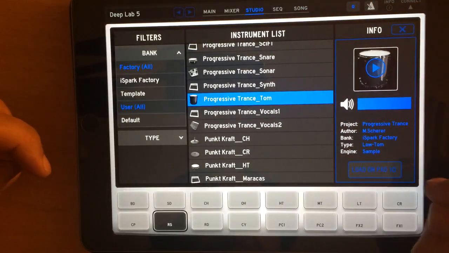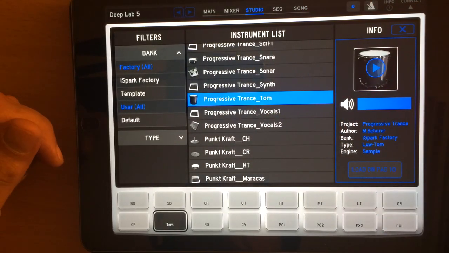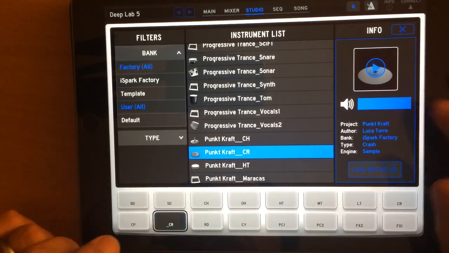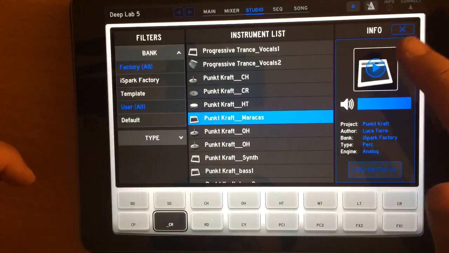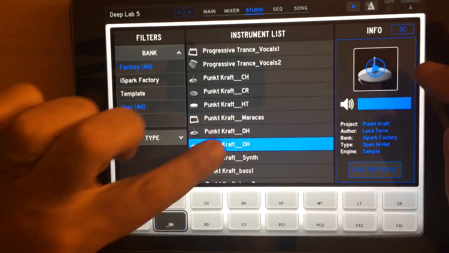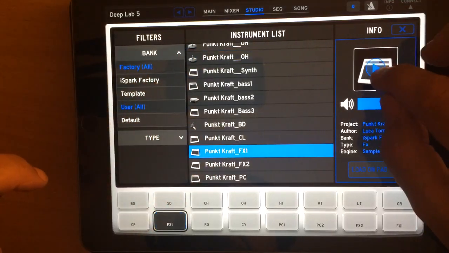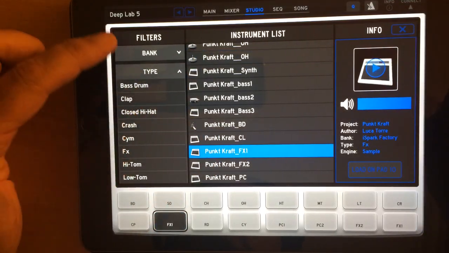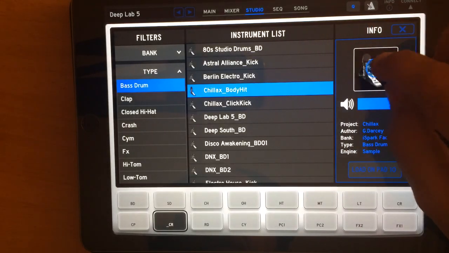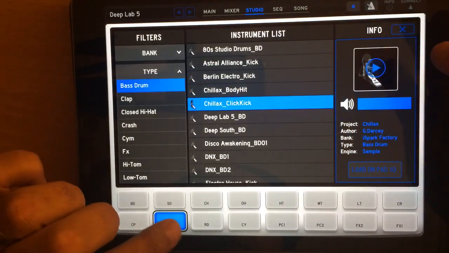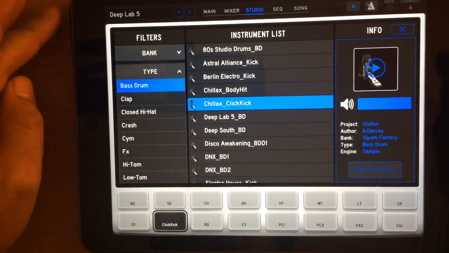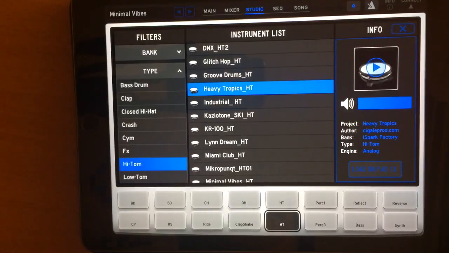So if I pick one of these, I can load it on pad 10. And you can audition any of them you want over in this pad on the far side here. And if I click type here, I can just limit it by, say, bass drum. So I can load that one on pad 10 there. And if I go back to studio now,